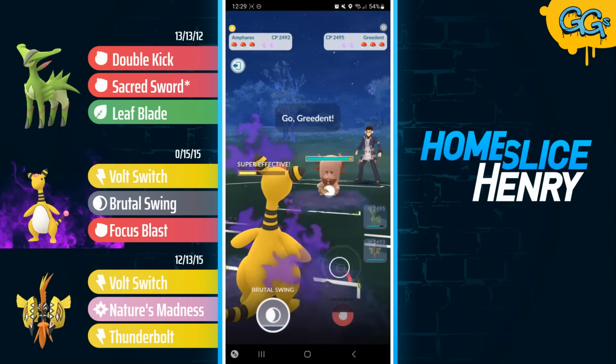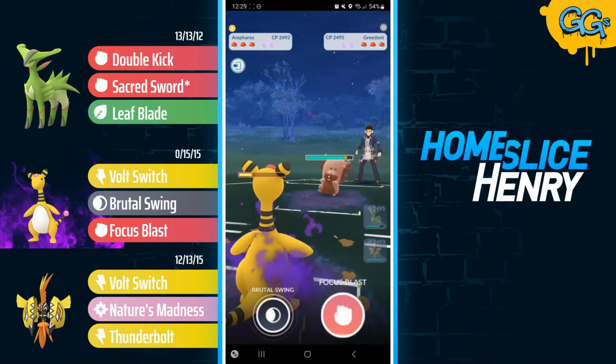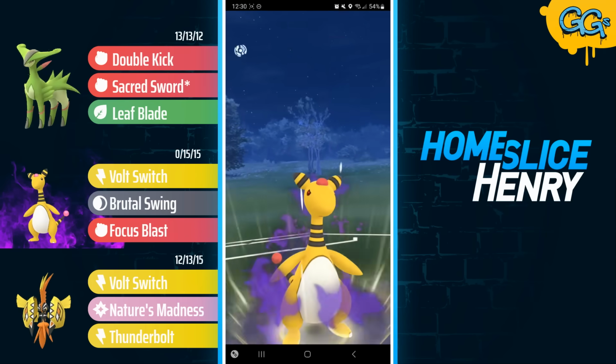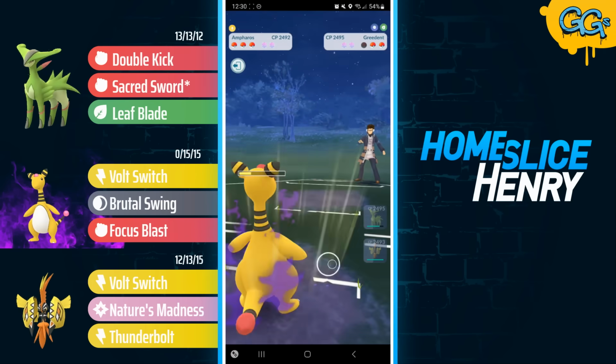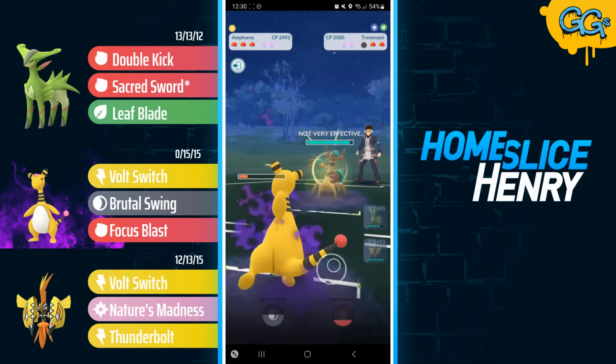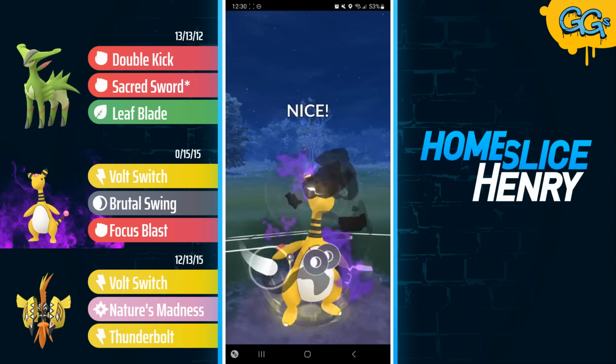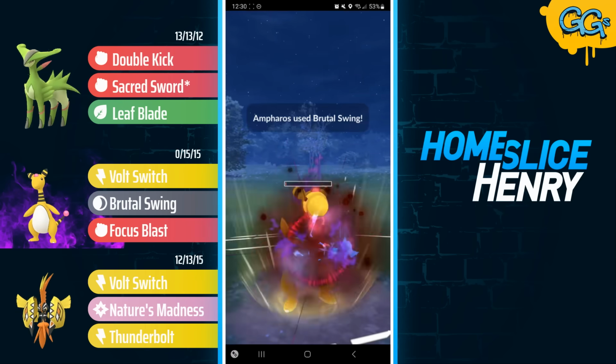The Scald connects. They're not going to send in Greedent. Greedent overfarms and lets me make it to a Focus Blast. My Focus Blasts have been shielded so far, but not today. Oh my goodness. However, my happiness is short-lived as they send in Trevenant, and with the Ampharos basically getting KO'd here,